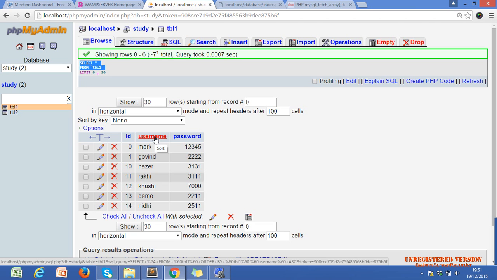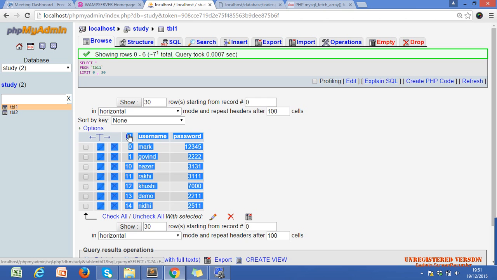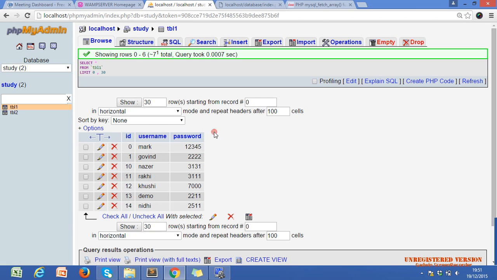If we have multiple rows, then we get multiple arrays in our associative array. Our associative array gets the column names, so we can simply print or manipulate our database values. We don't have to use 0 1. Sometimes it is confusing where the zero is; if I want username and I use 0, it will give id, not username.